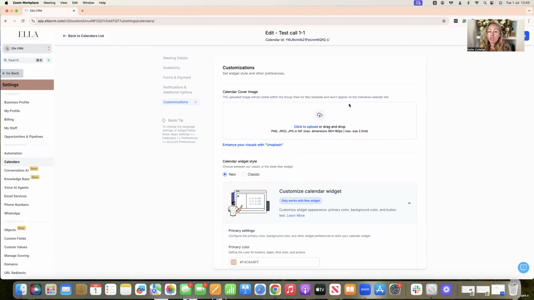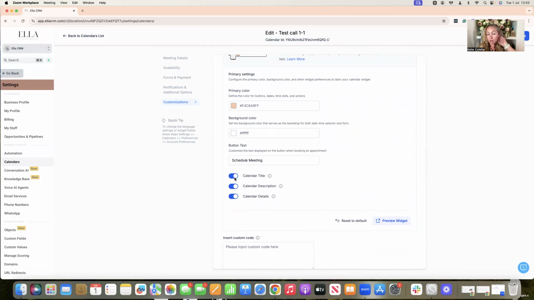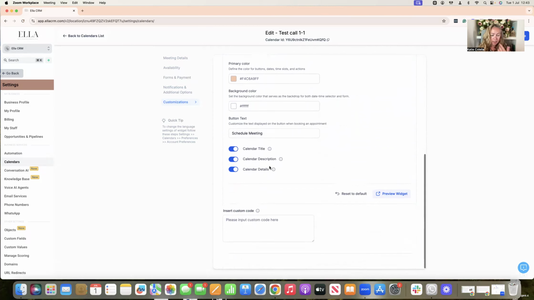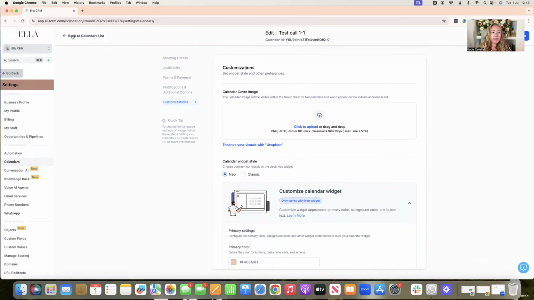And again, you can change images and stuff here as well to make it look a little bit more your own. You can choose background colors, things like that. You can choose what to include, like the calendar title, description, and calendar details as well. And if I then go back to my calendar list